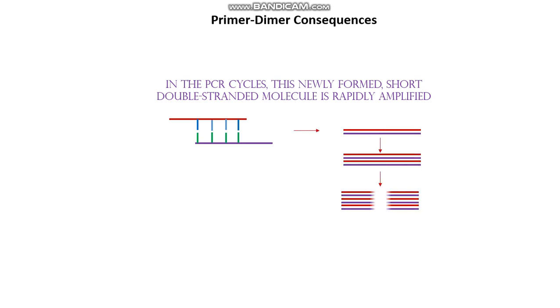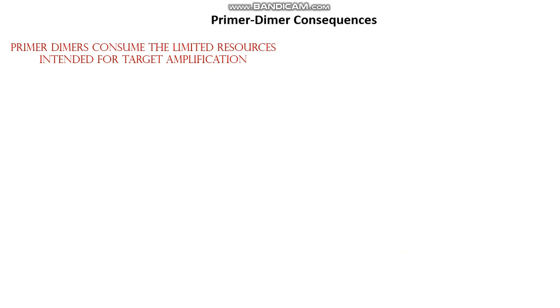First, in the PCR cycles, when the primer dimer is formed, it can be amplified very rapidly because these are very short, and eventually you will get a higher concentration of this primer dimer. Next, primer dimers also consume limited resources. As we know, the reaction mixture contains dNTPs, primers and the DNA polymerase. Because of primer dimer formation and amplification, all of these dNTPs, primers and the DNA polymerase are consumed,